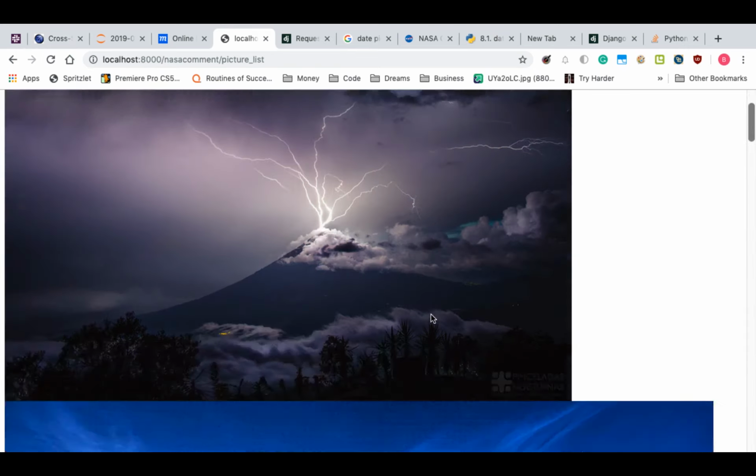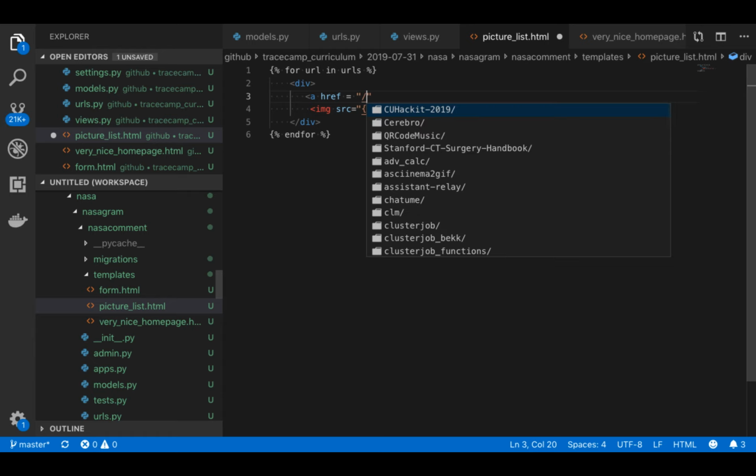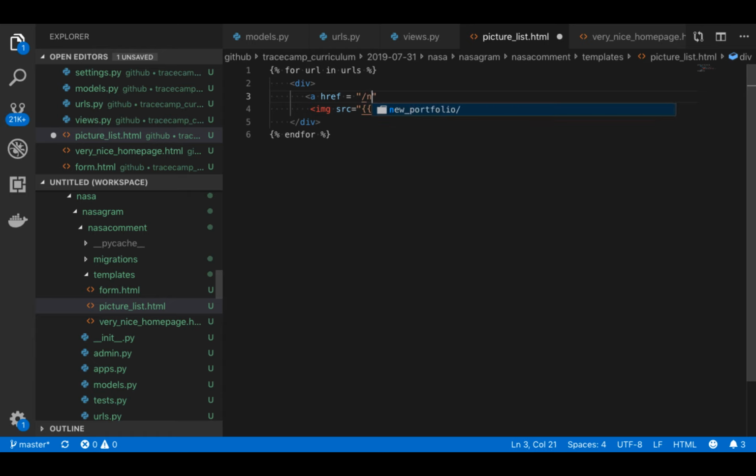So we've got a list of pictures. Now we just need a way of clicking on those pictures and getting to the create form. So we'll put something called an anchor tag, and so it's going to be NASA comments slash create, and then we want to